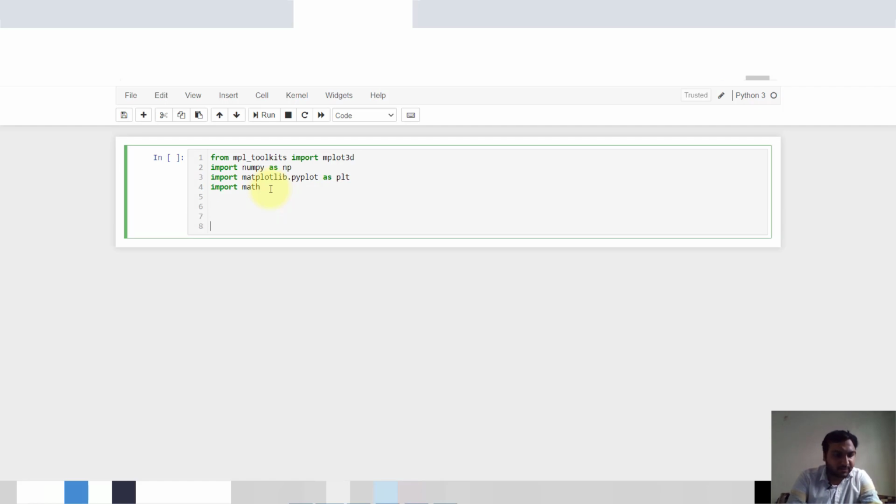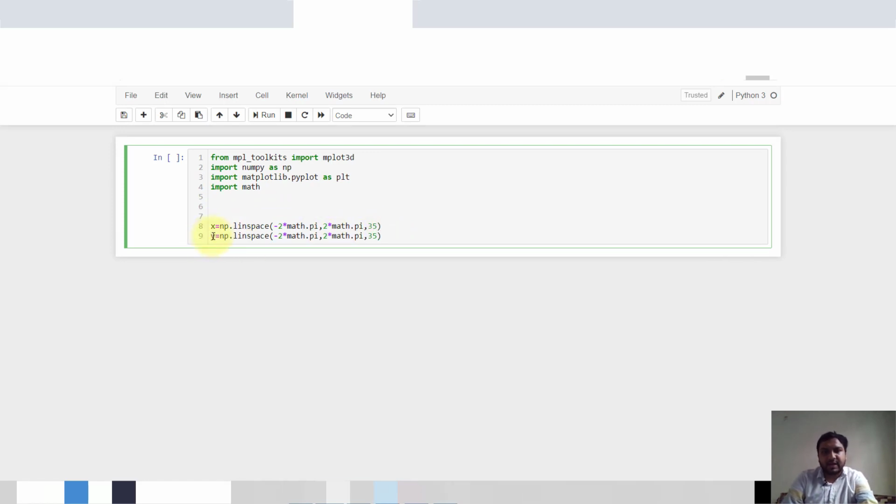First I will create one array as x is equal to np.linspace from minus 2 multiplied by math.pi, and the same thing but positive value, and we will divide with 35 points each. For the y value it is also the same.